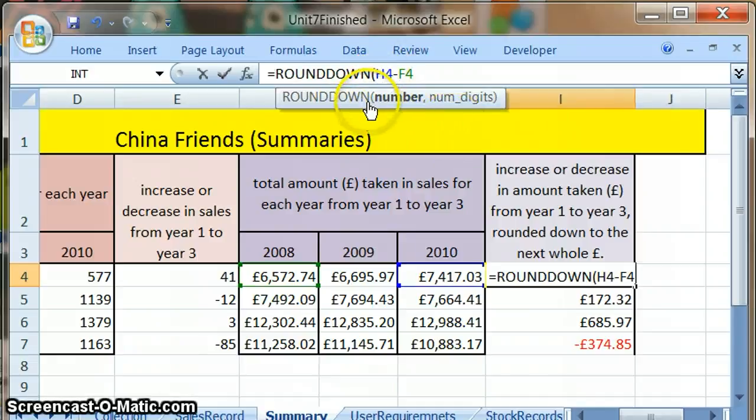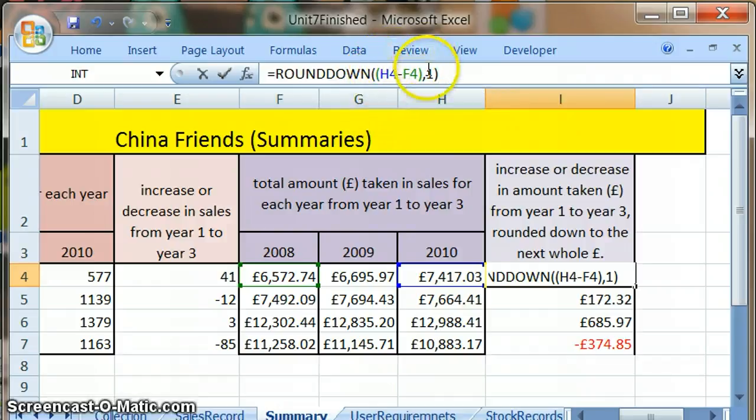Now when I've double clicked on round down, it then tells me the things that I need to put in. In brackets, I need to put the number in. So it started me off on a bracket, but I'm just going to put a bracket around the two numbers that I want rounded down. And then it says follow it by a comma, so I'm going to put a comma, and then the number of digits, I want it rounded down to the whole pound, so I want it rounded down by 1. So I close this. So as you can see, I've put two sets of brackets around the H4, F4, because that then gives me one single number, and then there's just brackets around the whole of that, comma 1,